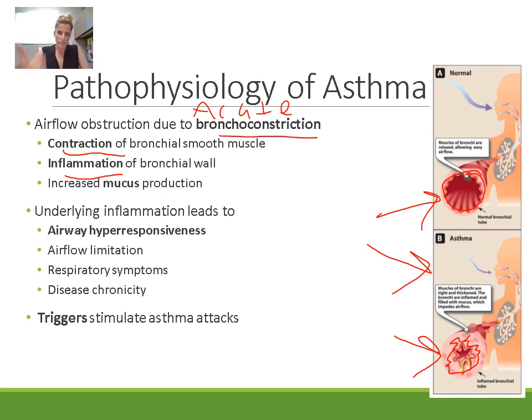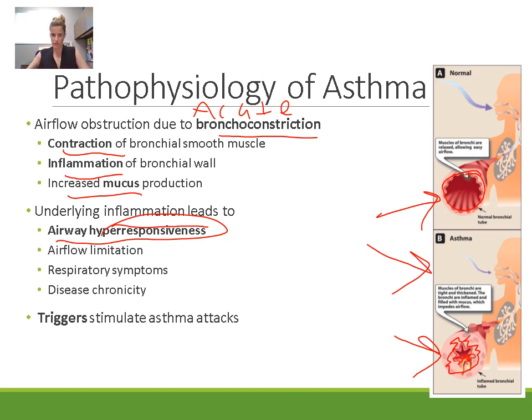Because of this inflammatory process, there's also an increase in mucus production. So we have very little room for the air to go through, and now we're going to increase the amount of mucus that's in there. That's all this yellow that you see in this picture, and that's going to even further block airflow into the lungs. This underlying inflammation that occurs in asthma leads to an airway